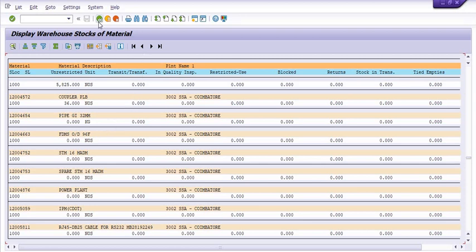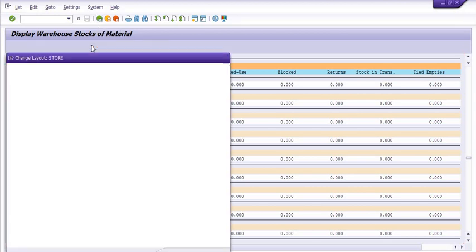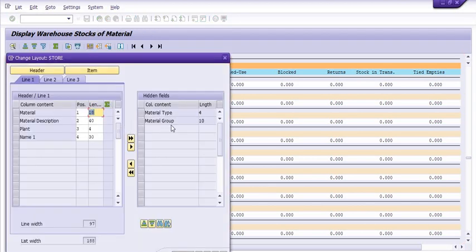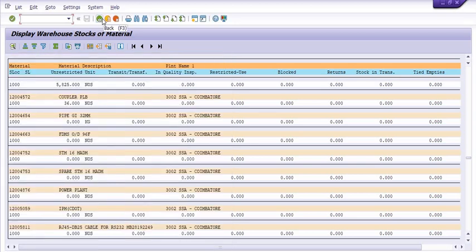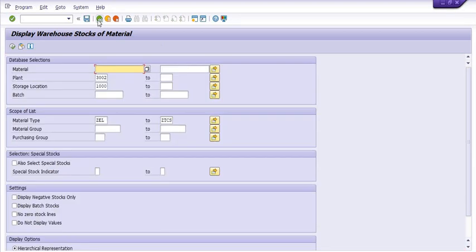Hope you understand these things. You can also get the data of other things like material type, material group, material description and all. Unrestricted means you can use this material for any project, any maintenance project, and any other project. You can issue those things.